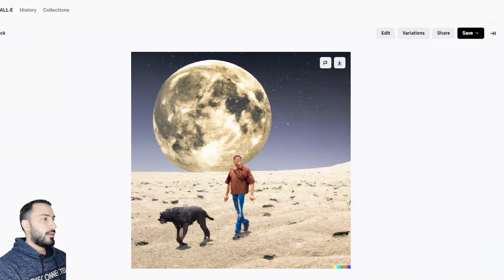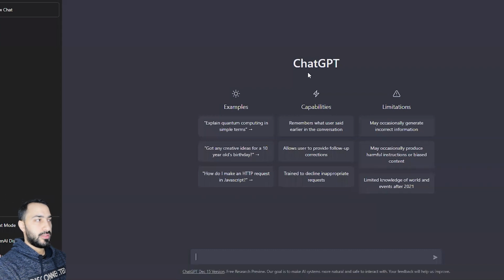I want to talk about ChatGPT. This isn't exactly a design tool as in a regular design tool, but it's something that can help you as a web designer or even in other professions to get inspired on what to do in your project. For example,